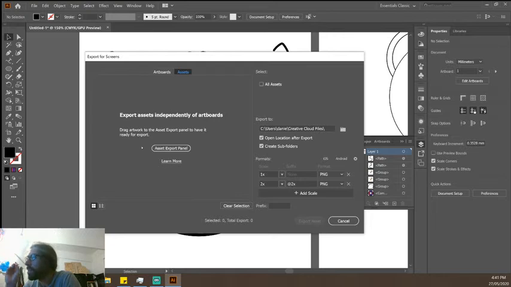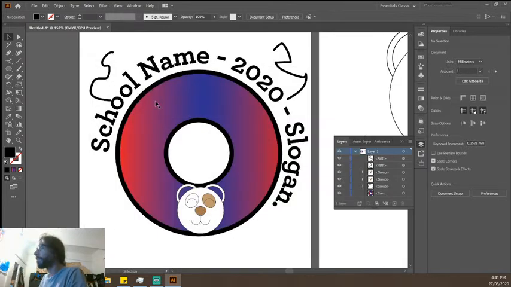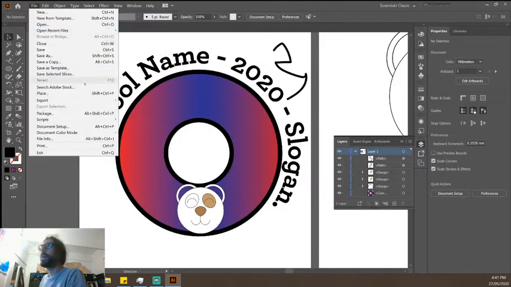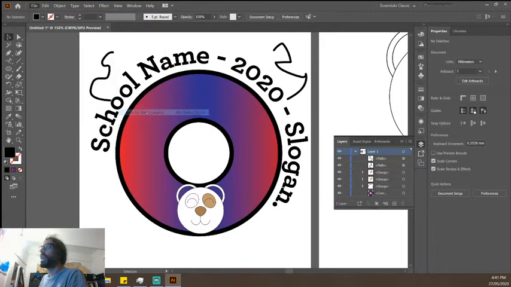So I can have 20 different formats I want it to export to, and in one click it automatically scales that one image to fit all those formats. It puts those suffixes at the end so I know exactly which ones they are. They're in a folder ready to go. So that's super handy. So that's exporting for screens. And then finally, my last export down here was save for web, which is kind of